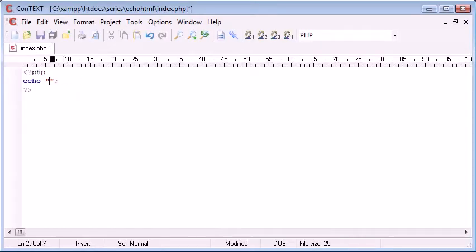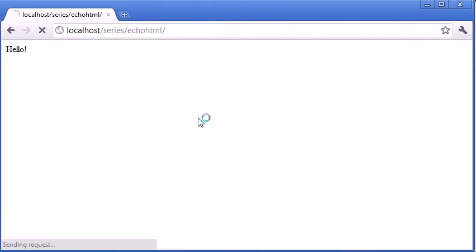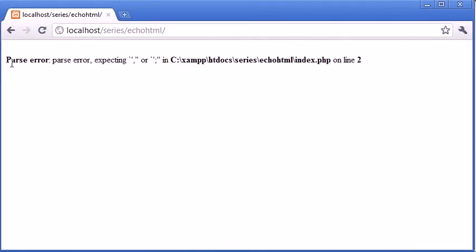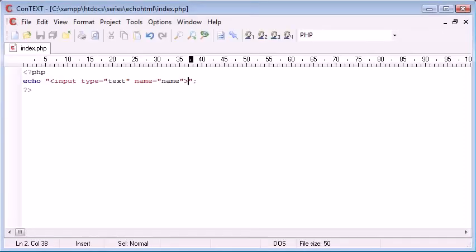Now, let's just say I want to put this straight into here. Now you think, well, it's just going to echo the text out. That's absolutely fine. It's going to process this as HTML, as we've already seen. Now let's refresh. You can see that we've received this parse error, and it's saying expecting a comma or a semicolon on line 2. So if we go over to line 2, we can see it is indeed this line here,